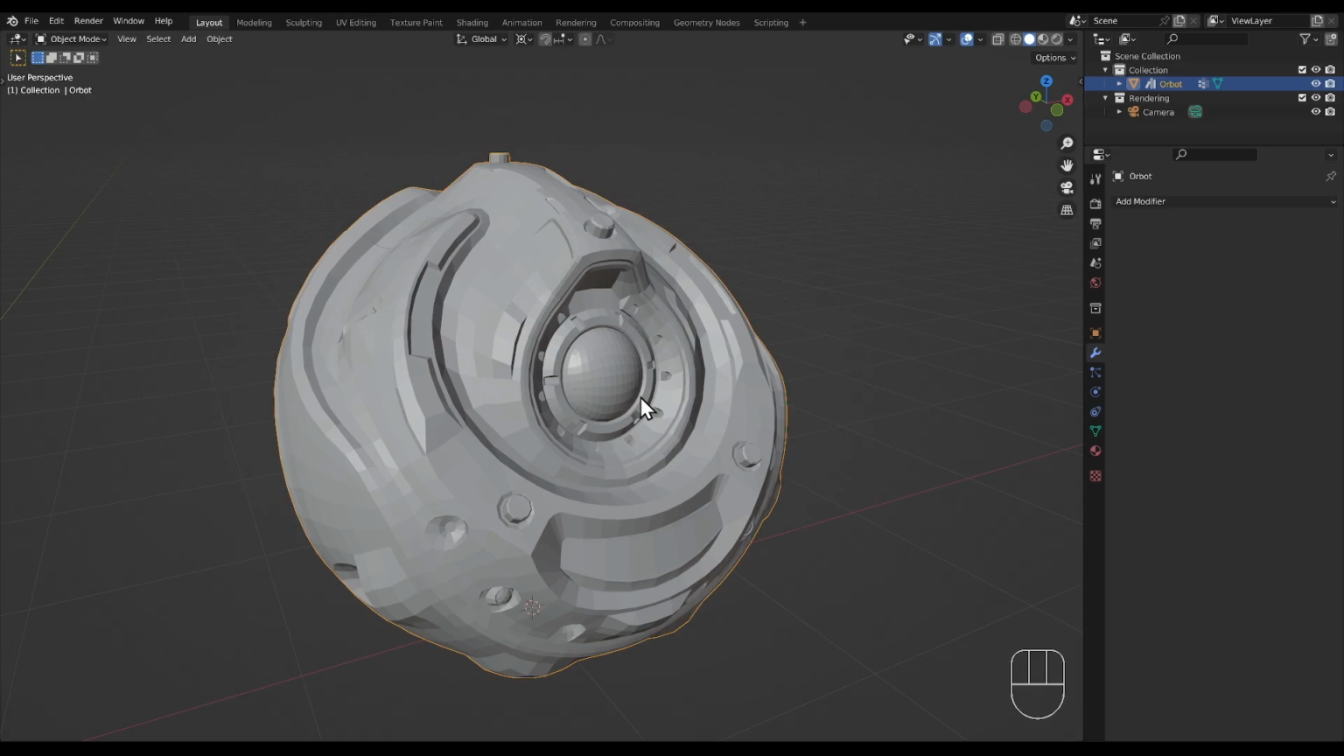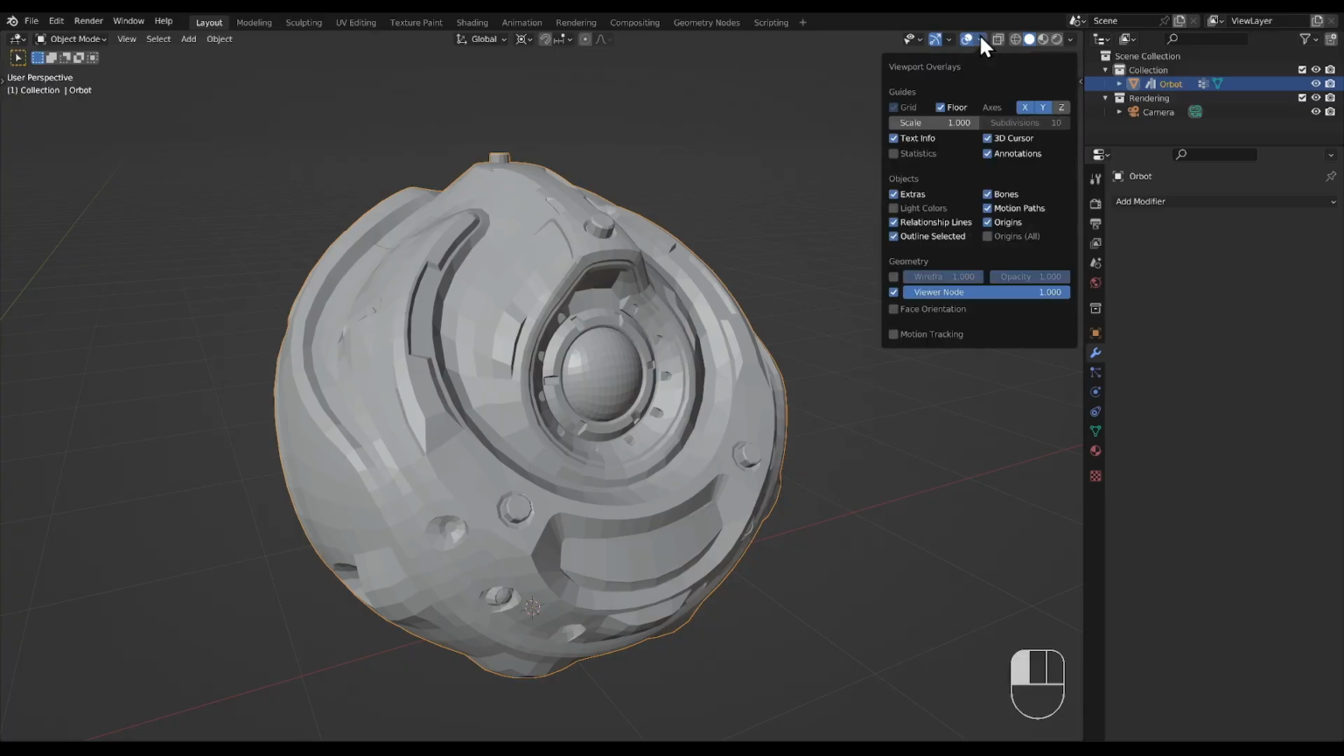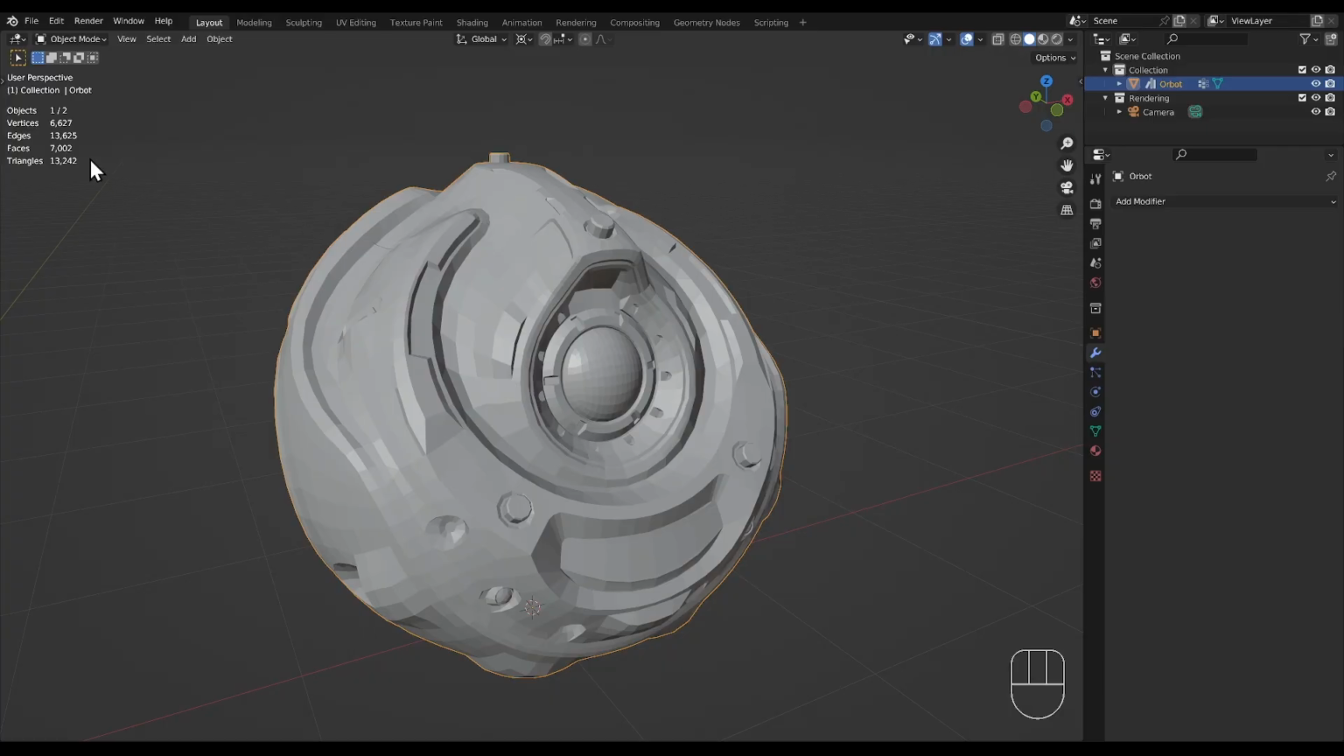Edge split effectively splits the continuity between faces in order to achieve a sharp edge along a subdivided or smoother surface. Demonstrating how the edge split modifier works is best done on a complex model such as this orbot. I'll enable statistics in my viewport overlays so we can better see how splitting edges will in fact increase edge